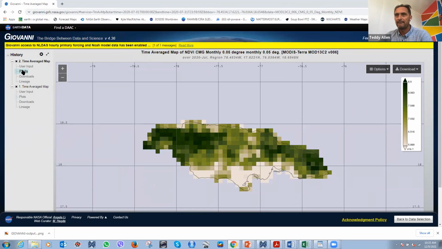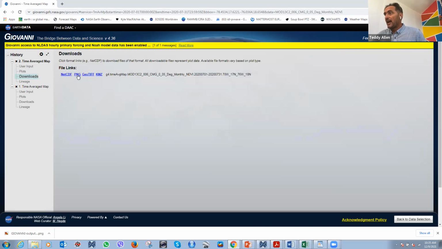All right. Now, you might be asking, this is great information, but how can I use this for a presentation if I have to deliver this information to any stakeholders or extension officers or whatever? Well, see where it says download? You can download this as an image or for Google Earth very easily. Just go to downloads. I have PNG, which is a portable network graphic. It's just an image, right? So if I click on PNG,